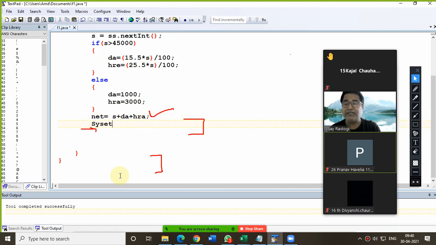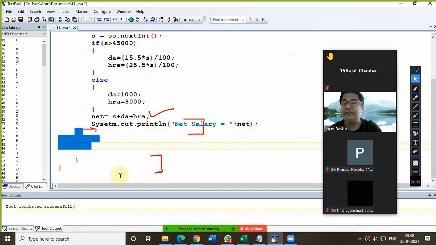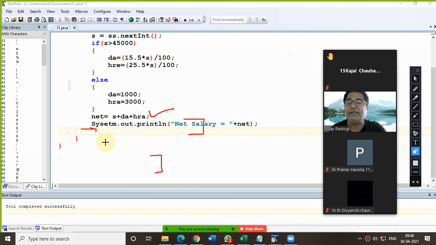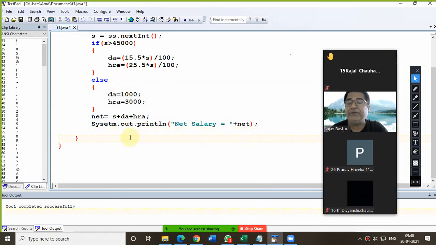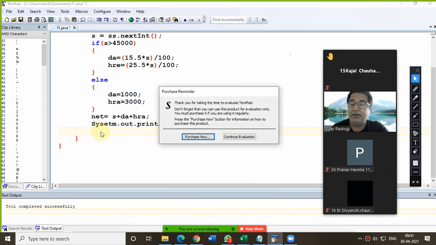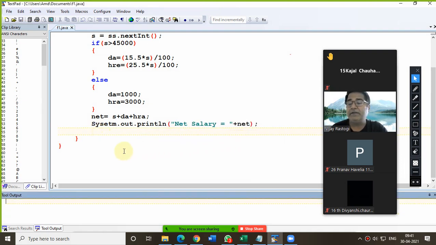After that we are supposed to print with System.out.println the net salary. There you have made a typo in System, don't worry. I will do the correction later. For that the compiler is there, so it will tell the mistake also. This is the benefit of the compilation part, right? So I have made the mistake, I know, even you know, but let this work be done by the compiler.